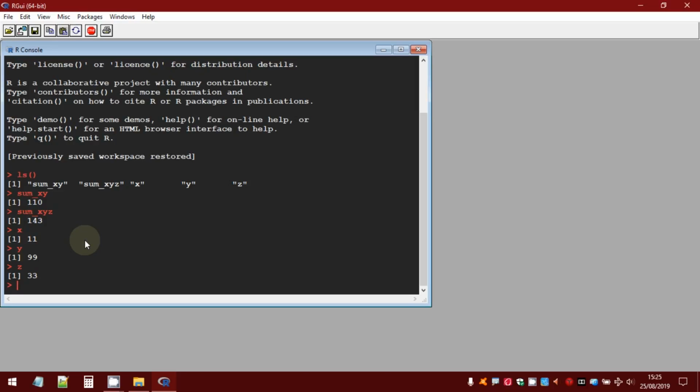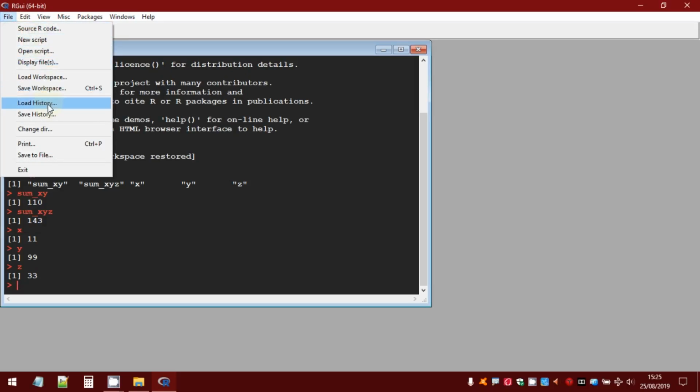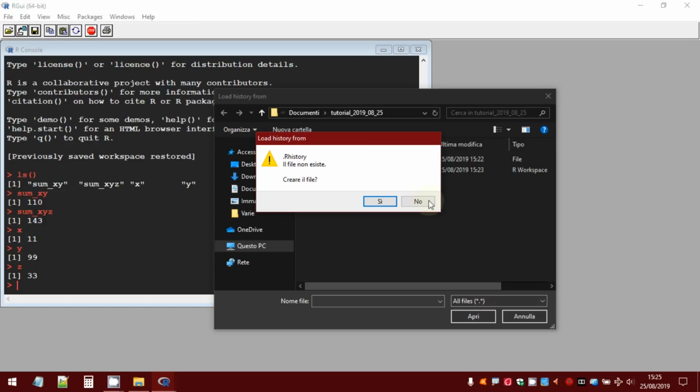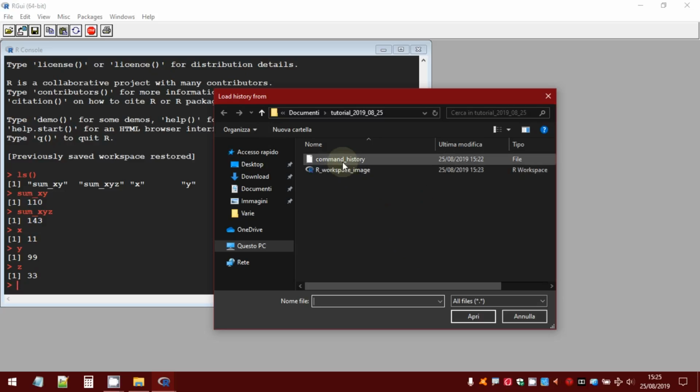To have all the commands we have used in the previous workspace, we have to load the history we have saved. So File, Load History. No, then grab. I made a mistake. I should use the extension .rhistory. Sorry.